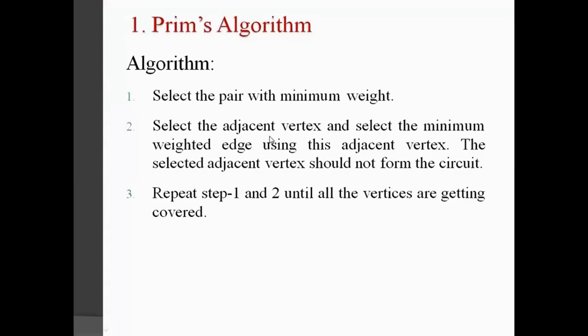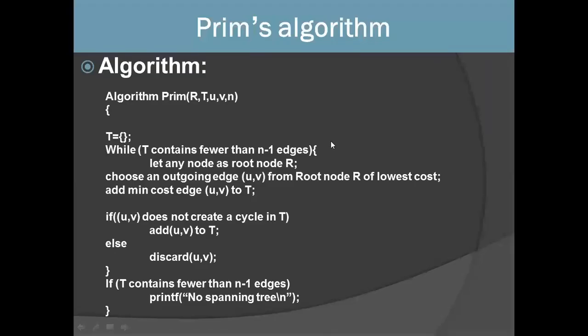Whenever we take one node, that node is added to the existing tree, adjacent to the node with minimum weight. This minimum weight becomes a tree arc connected to a new node of the tree. When all the nodes of the graph have been added to the tree, the minimum spanning tree has been constructed for the graph. Now we'll see the pseudocode.